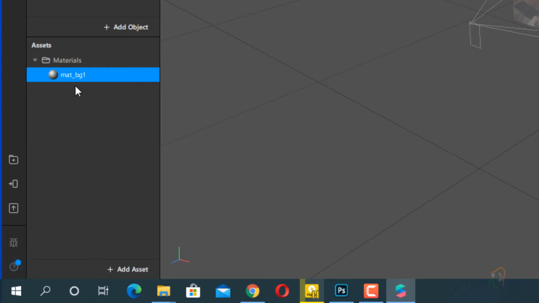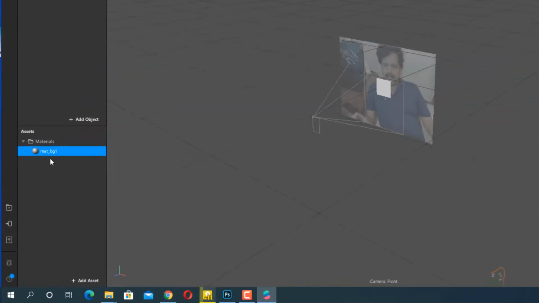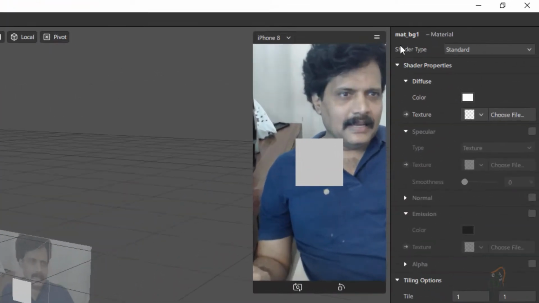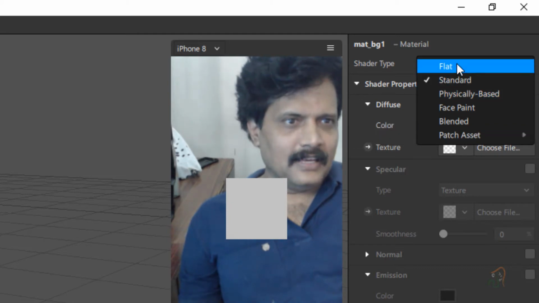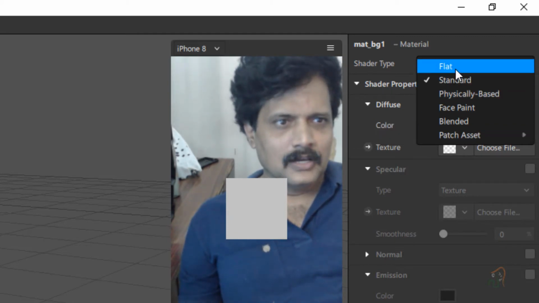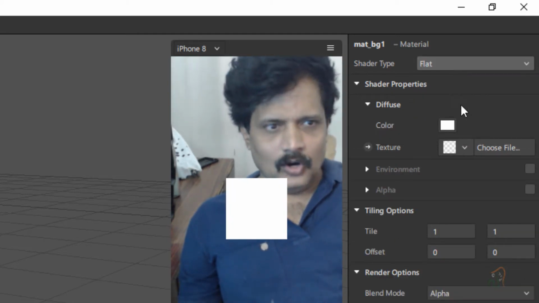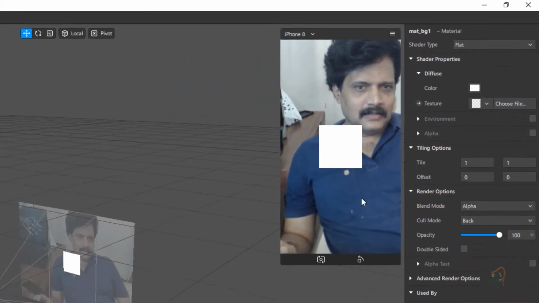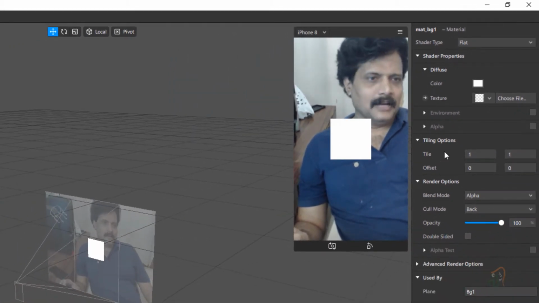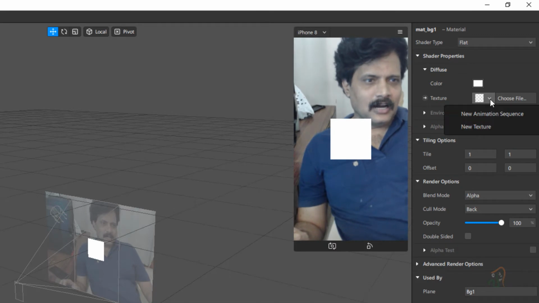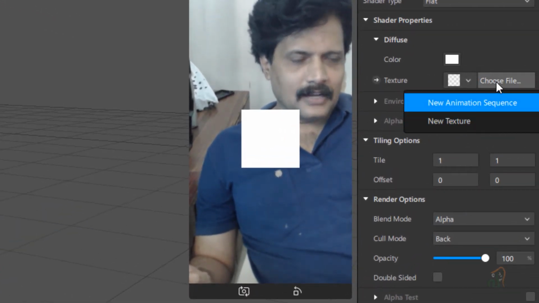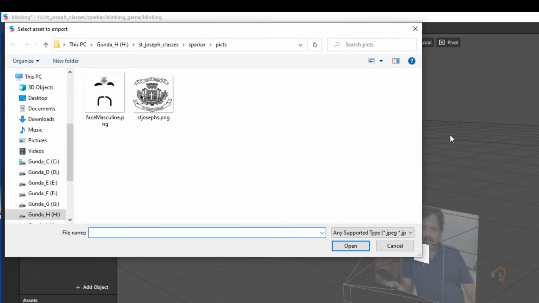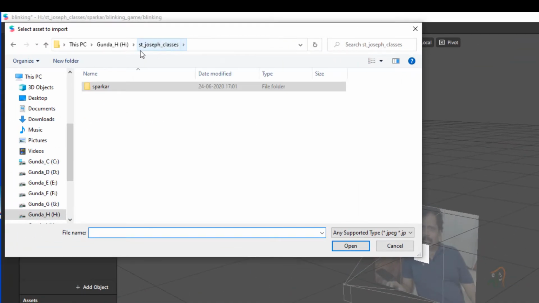Then after adding this material, I will come to the material option over here, and in standard you have various options, and let us choose flat. So I have chosen flat. This means that this is a 2D object. And then in texture, I click here and create a new texture, or click choose file here and come to your game assets folder.